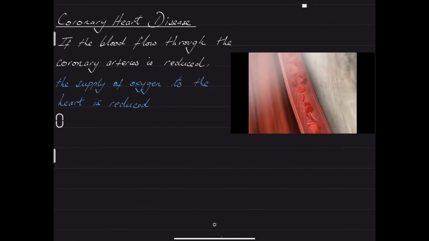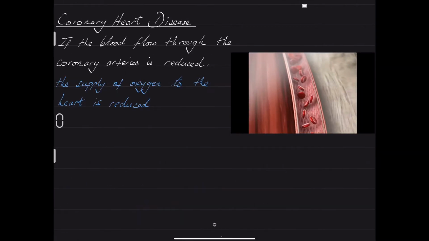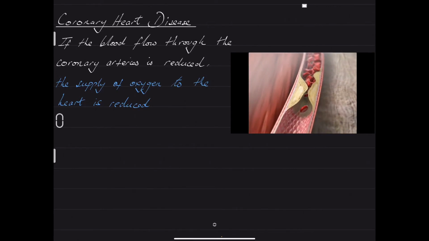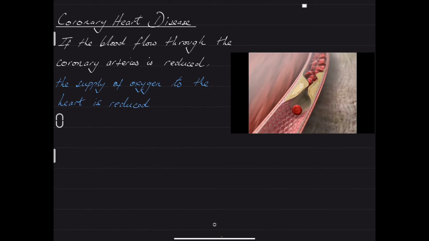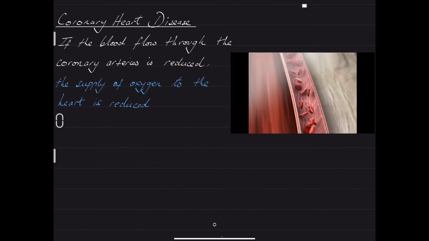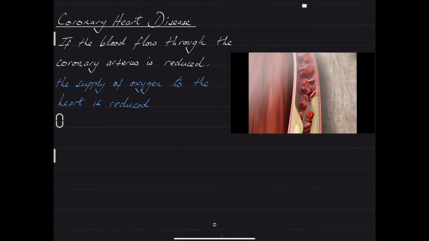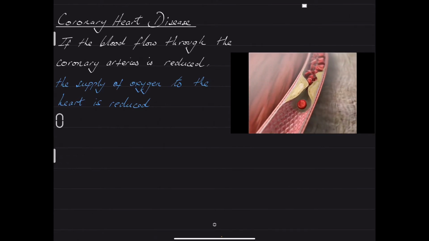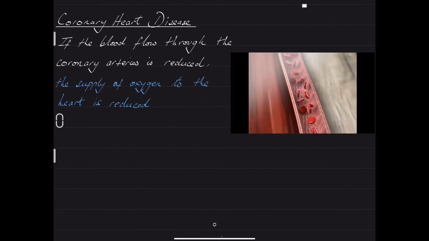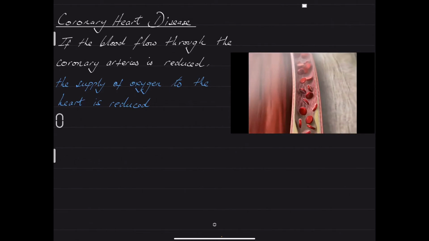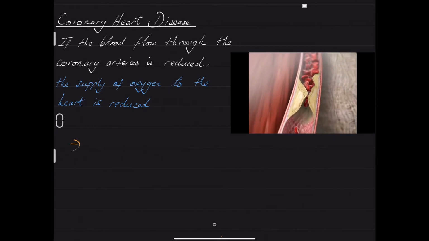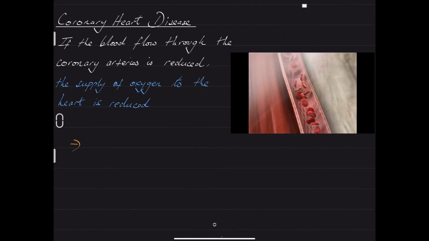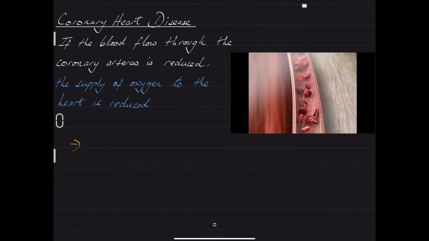So as we have just seen, in coronary heart disease, the narrowing of the artery lining is a result of buildup of fatty deposits inside the artery. This restricts the supply of oxygen to the heart, to the cardiac muscles. I want you to also tell me what other substance is now also going to be lacking for the cardiac muscles. So in addition to oxygen,